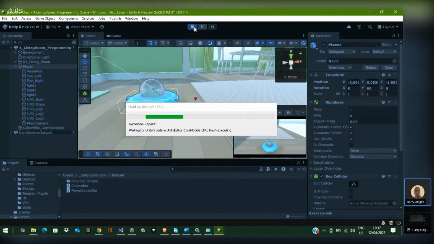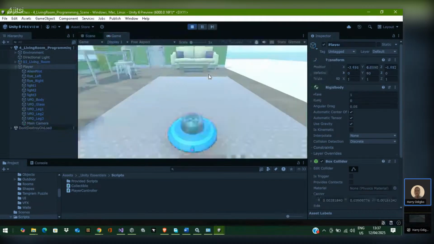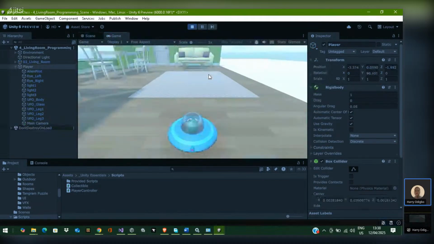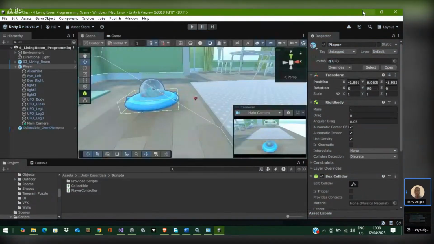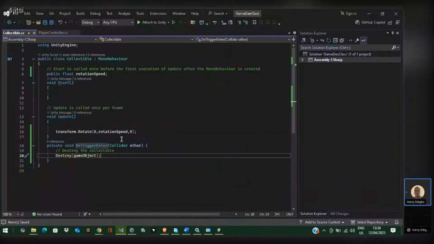Okay, sure. Oh, it's gone. When we interacted with it, it disappeared, the collectible game object. No wonder it was shouting at me, since I used a small letter for a function. Anyways,